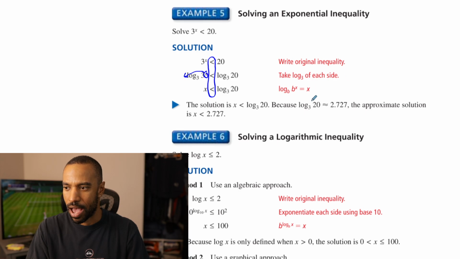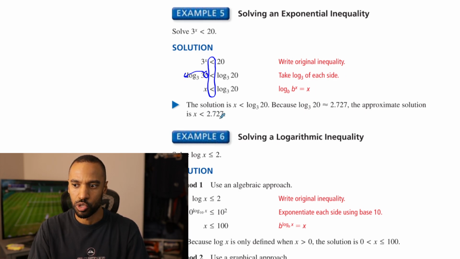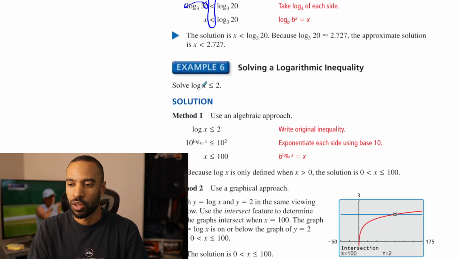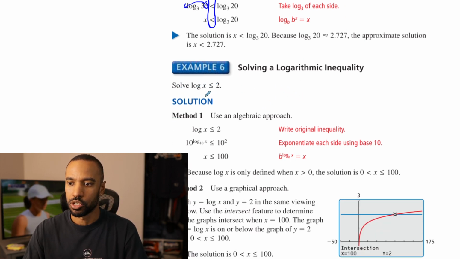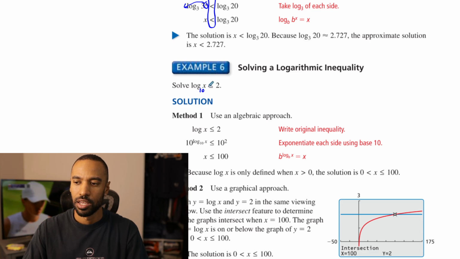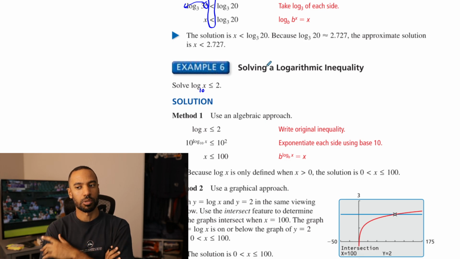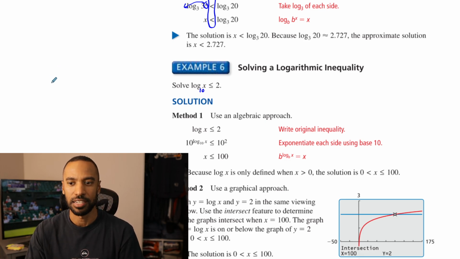If they ask you to round, log x has to be less than about 2.727. A logarithmic inequality: log of x is less than or equal to 2. Remember, this is log base 10, so we can rewrite this. This is where it's probably better to use the property that they're having, because if I did my whole